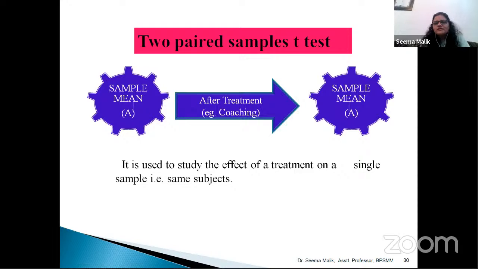We are going to apply the paired sample t-test. Suppose in this example I have the same setup and I took 12 students. I recorded the study hours of those 12 students, and then I gave a motivational lecture to the students. After 4 or 5 days, I again noted the study hours of those